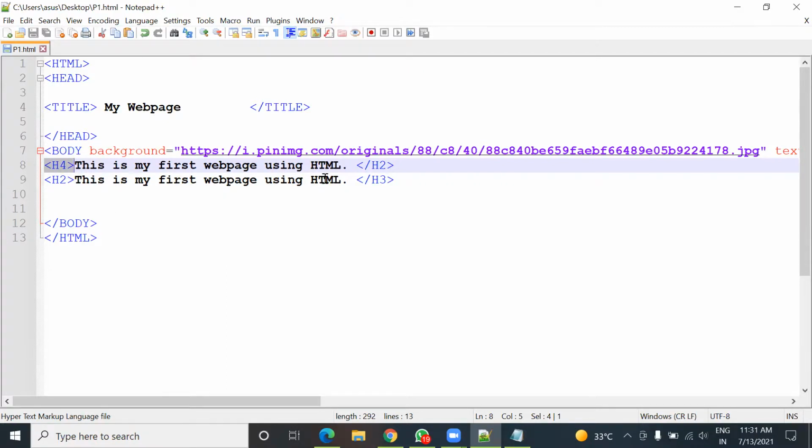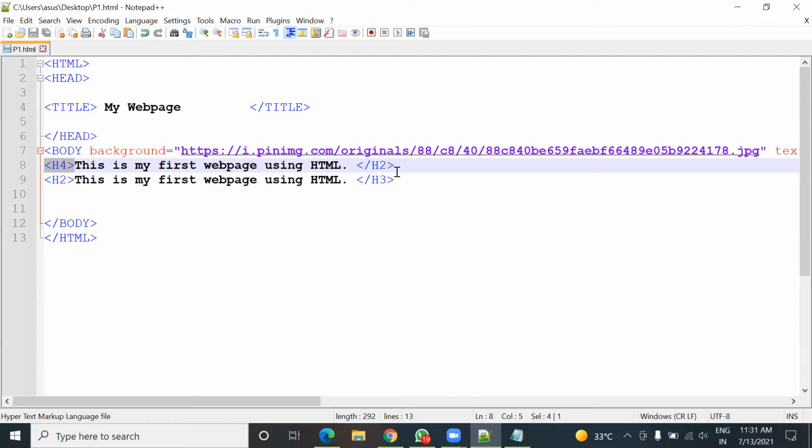It is a loosely typed language, meaning it has no strict rules for writing the syntax. You can see here that I have started with H4 and ended with H2, and it is not considered an error. But in any other programming language like C, C++ or Java, it will be flagged as an error, and your output will be obstructed.